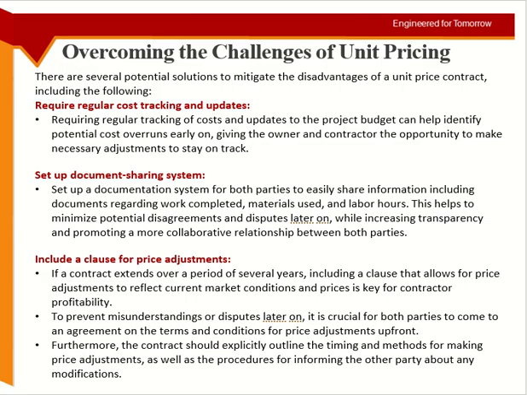Include a clause for price adjustments. Normally they do that. They have a percentage. If the price of materials increases by more than this much, 2%, 3%, then within 2-3%, plus or minus, the contractor will bear it. No other way. But if it is more than this much, then it can be renegotiated. The unit price can be renegotiated mainly on the basis of current market conditions.